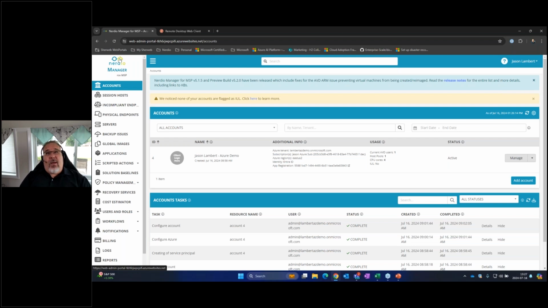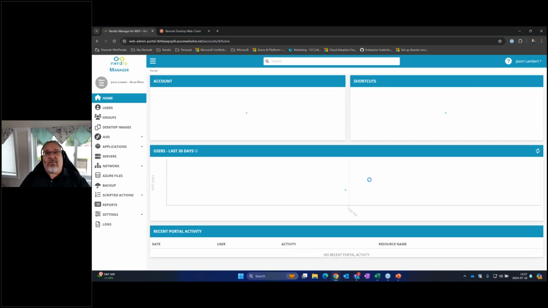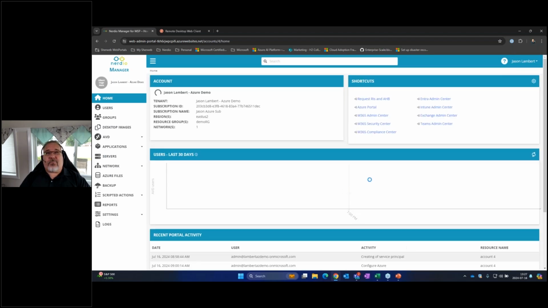mine. And so if I click on the logo, it's just going to take me back to the beginning. And in this area would be where all your customers are located. So you can put the client ID here, or the logo rather, company name, and then information about their Nerdio service. And if I click manage, it's actually going to take me into that customer.